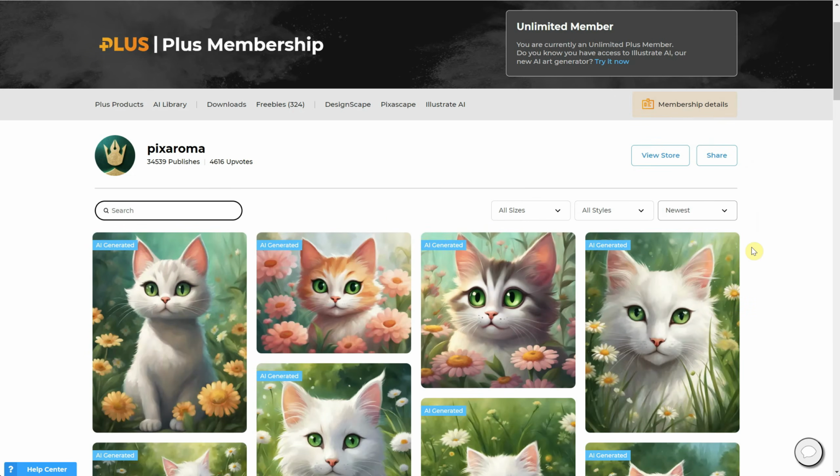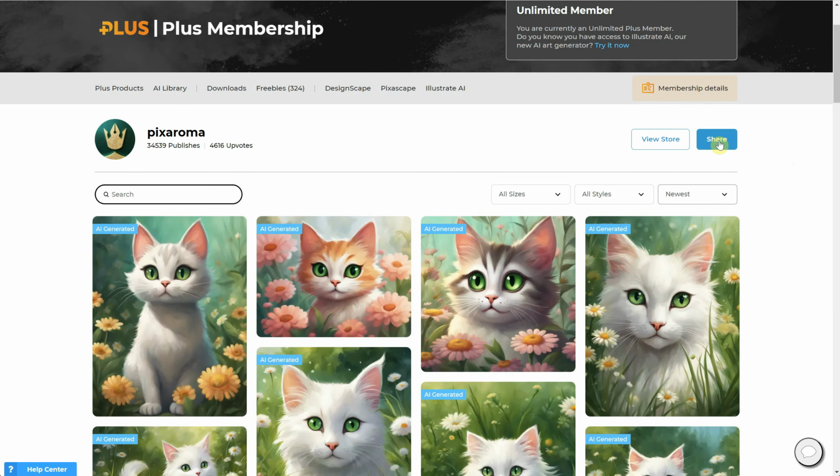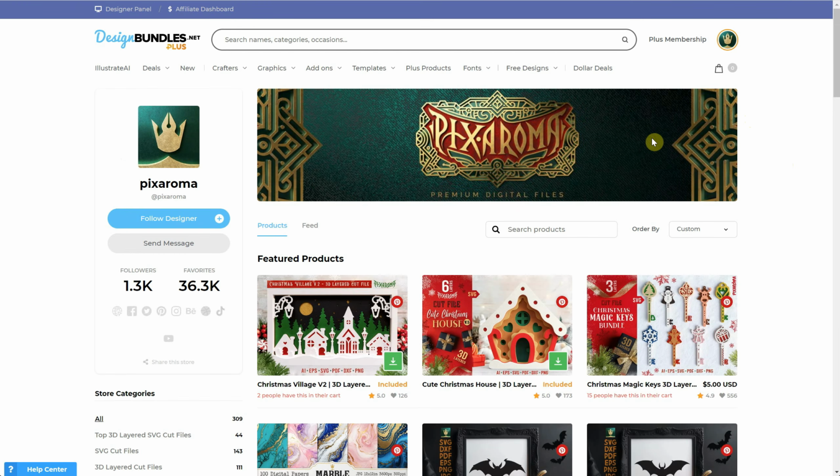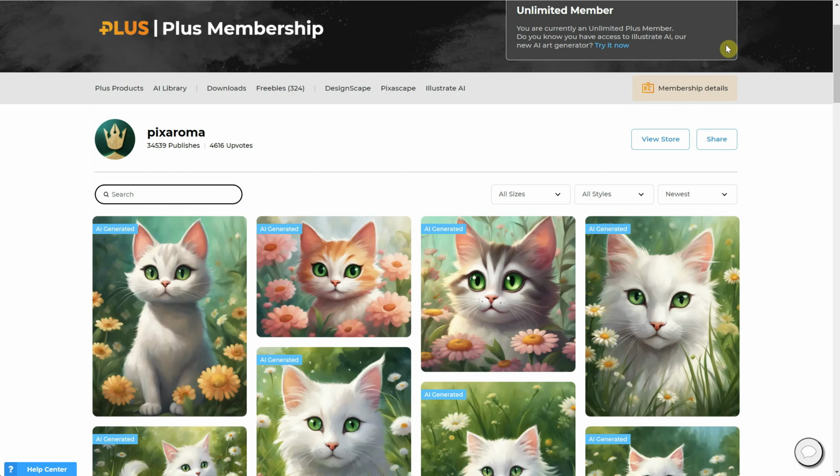On the right side, there is a share button that allows you to share your portfolio on Facebook, Twitter, or Pinterest. Additionally, you can click on the View Store button to access your store if you or the creators have one. In this case, it opens Pixaroma's store with all the cut files available. Finally, there is a button for Illustrate AI in the navigation bar, which you can use to return to the